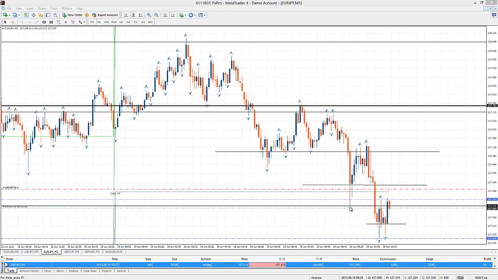Because remember, we have support in here. It then flips back to resistance. It's then closed above. It's now acting as support. So obviously, ideally for the trade, we'd like it to move to the downside. However, we really need to see price close back below this level, and the likelihood of it reversing now and acting as support